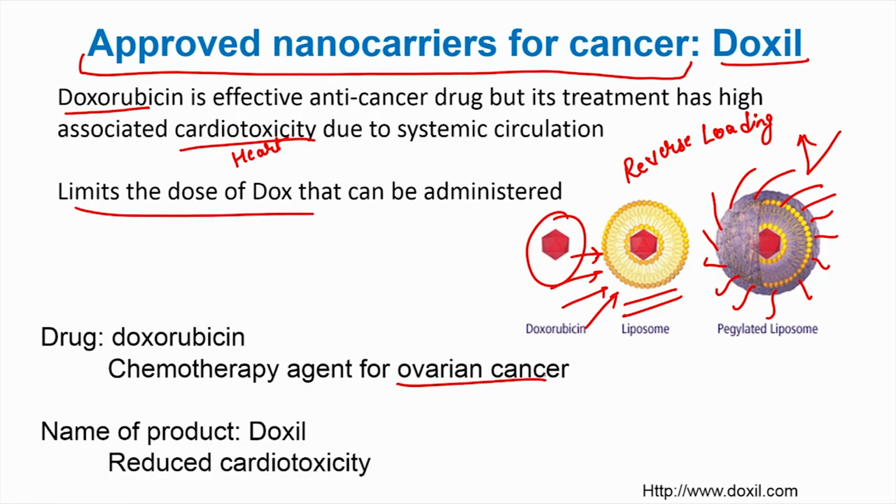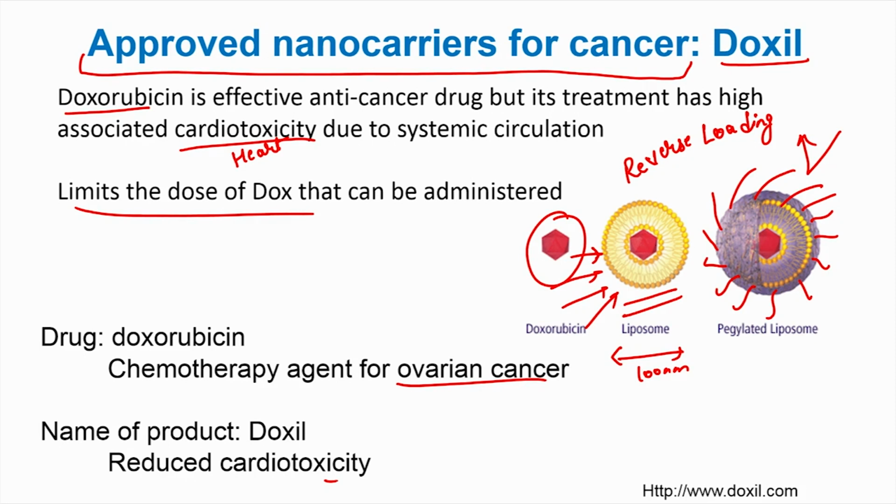It was used very heavily for ovarian cancer, still used, and it also reduced the cardiotoxicity, because this was using an EPR effect. So, what happened is this was made of a size of about 100 nanometer, and because of that the vessels in the heart were fairly healthy, unlike in tumor tissues. So, this liposome was not going in and releasing doxorubicin to the heart cells, but in the tumor areas where the vessels were fairly dilated and these particles can go and permeate, these were accumulating in the